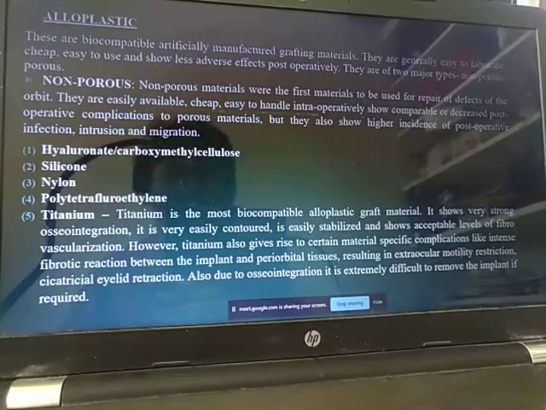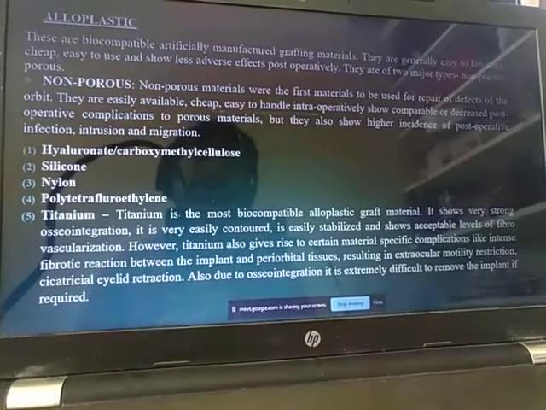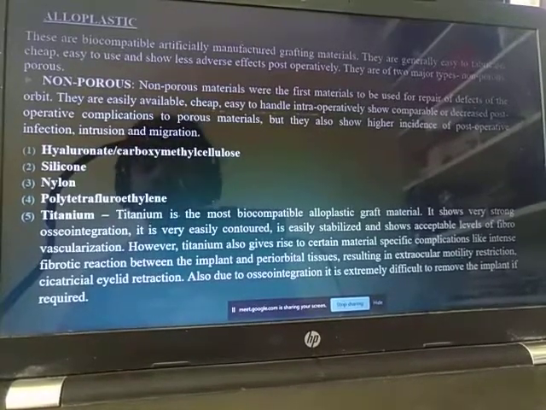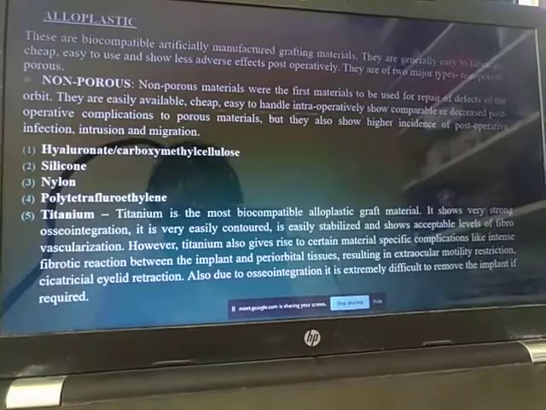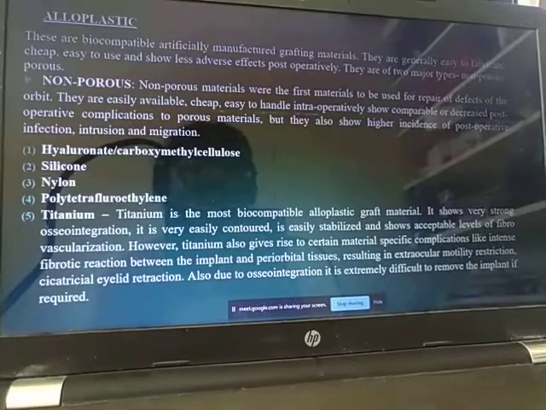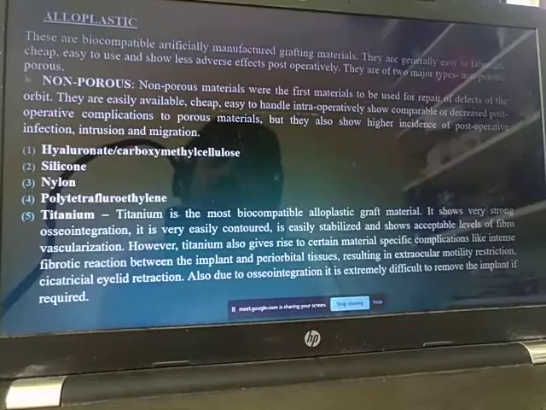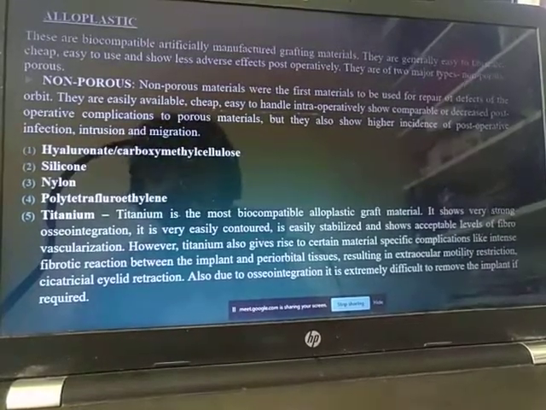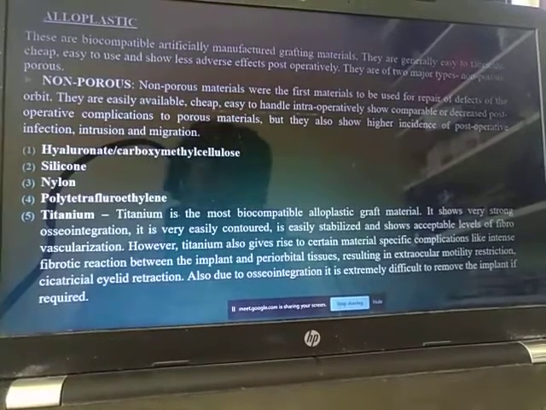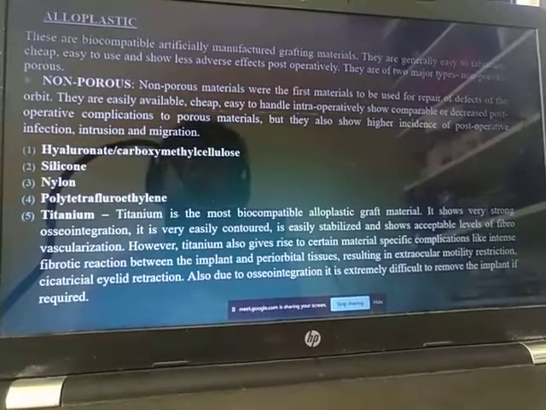This was first used in abdominal surgeries and abdominal surgery repairs. It is one of the oldest types of reconstructive material known to surgeons. Then came silicone. Silicone is a very cheap and commonly found material. They are generally used in various reconstructive and aesthetic surgeries, for example in breast enhancement surgeries or lip enhancement surgeries. They were also used in orbital reconstruction surgeries, but they give rise to various other kinds of complications like encapsulation, which causes hindrance in the eye movements, so they are not used.